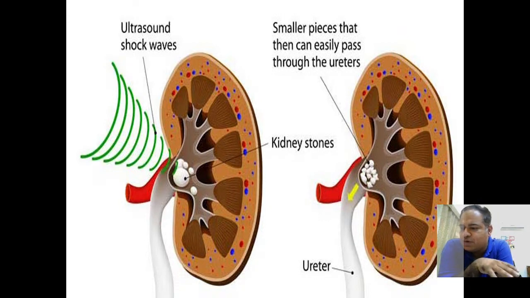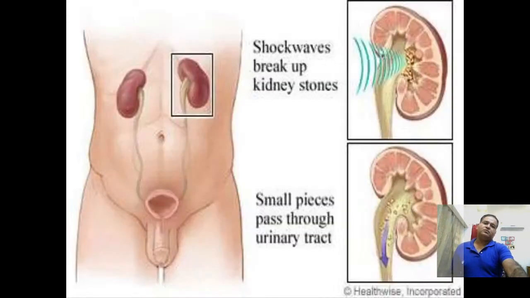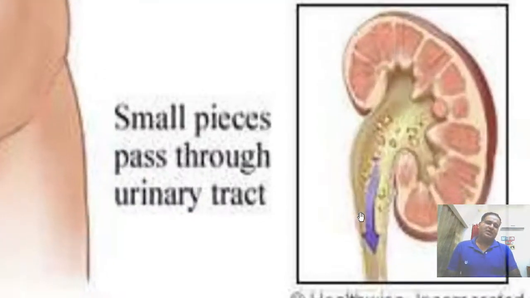If you're still not able to differentiate, what is the best thing to get done? Urine routine microscopic examination. That will show hematuria in ureteric calculi, while it may be normal in appendicitis. Only thing is, rarely, if your patient has, let's say, pelvic appendicitis, in that case it might become difficult. Then you might have to go in for a CT scan. Now see, this is what we do. Small pieces pass through the urinary tract.